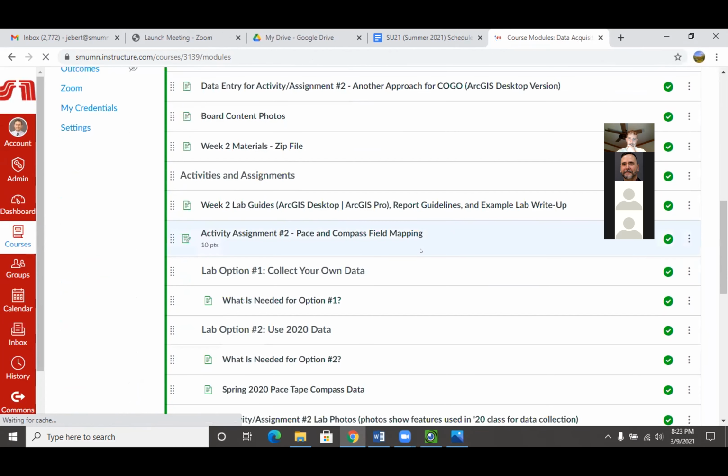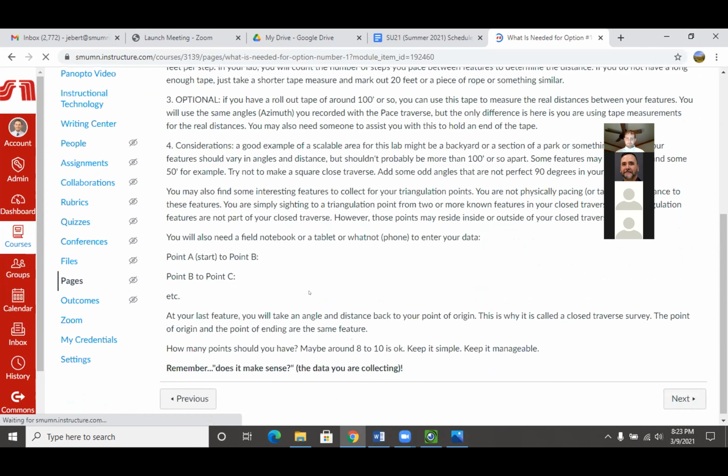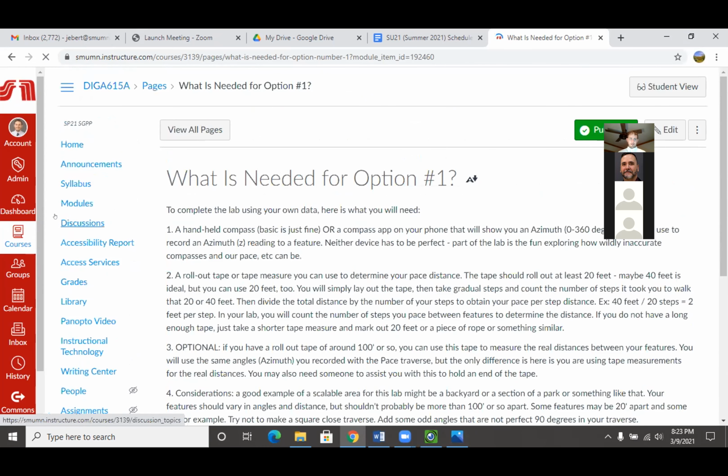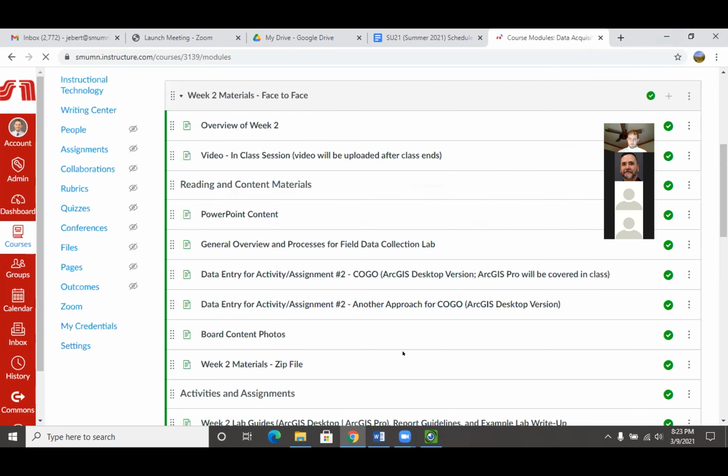Then I think we're ready to start the process for field mapping. So again, check out some of the other information under option 1 there. We kind of talked about recording that information and angles, but 8 to 10 points is good. No problem on that. All right, well, let's go ahead and fire up